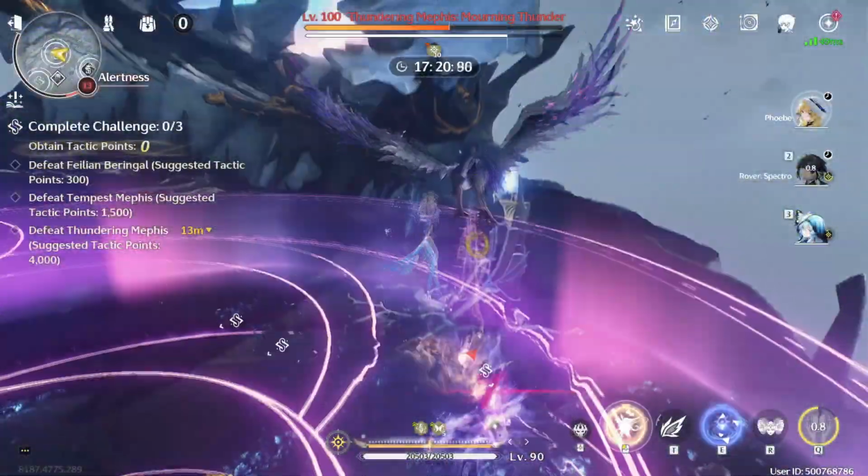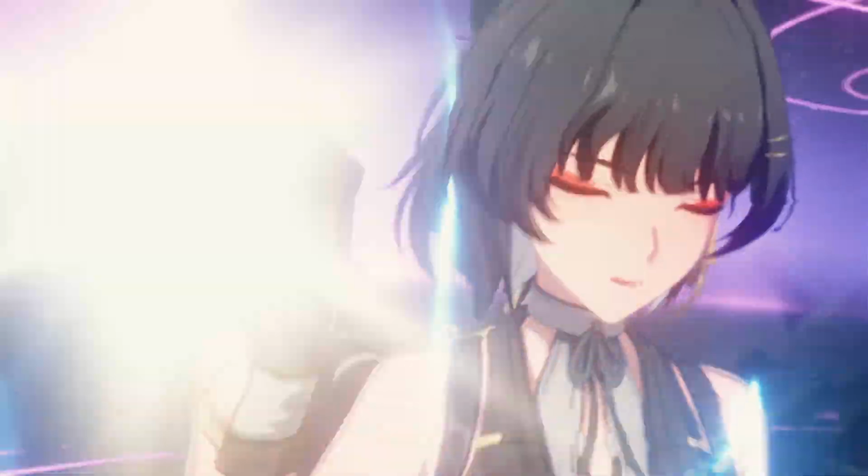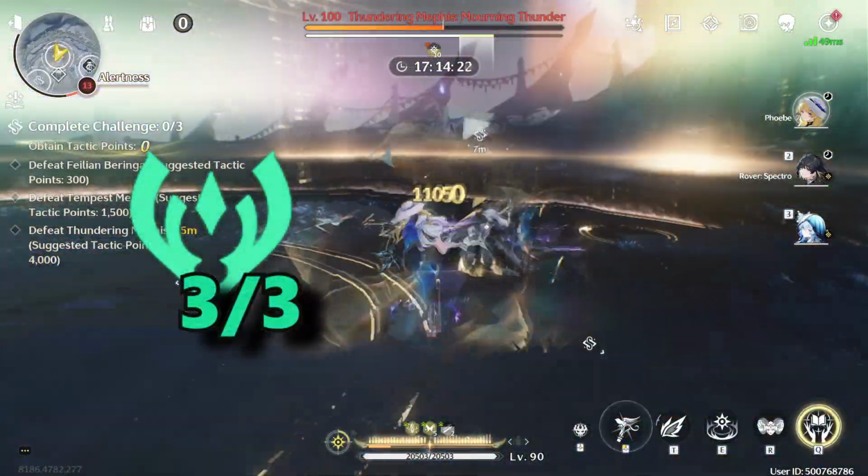Tons of damage over time, right? Amazing, but you know what's better? Simply using Spectro Rover to apply a whole bunch of Spectro Frazzle and going to town with Pheobe and just kill the monster. To make matters worse, Aero Erosion removes all stacks of Spectro Frazzle, as I said before, so